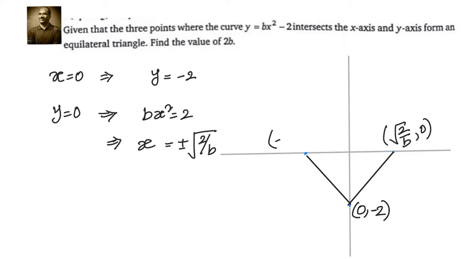Now when we plot this equilateral triangle, which we have been told is an equilateral triangle, we can clearly see that it is divided into two congruent right triangles, as we know that the x and y axes intersect each other at 90 degrees and the origin is the midpoint of the 2 points at which the curve cuts the x-axis.